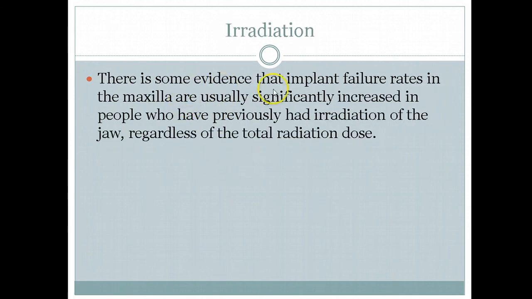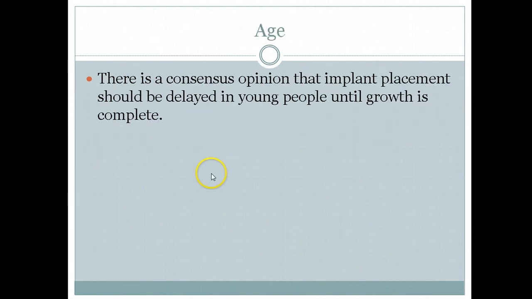Radiation: there is some evidence that implant failure rates in the maxilla significantly increase in people who have previously had radiation to the maxilla, regardless of the total radiation dose. Knowing how blood supply is affected, and that the maxilla is usually D3, D4 with already weak bone, there is some issue, but by no means is it a contraindication. And then we also talked about